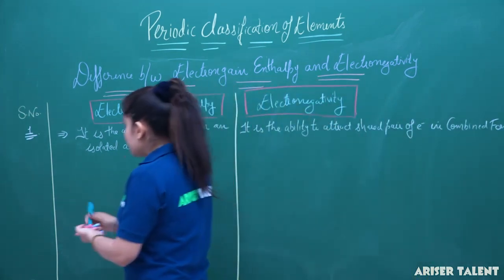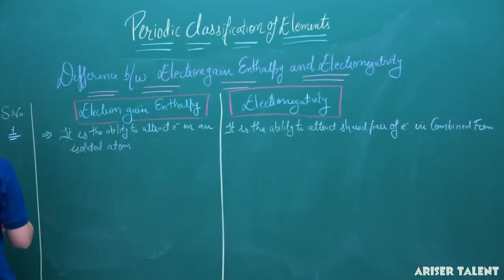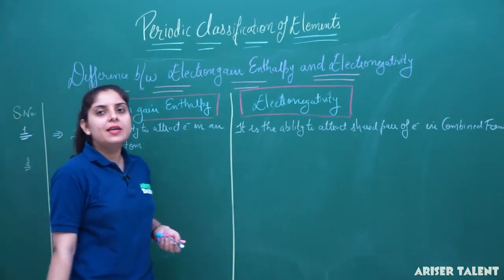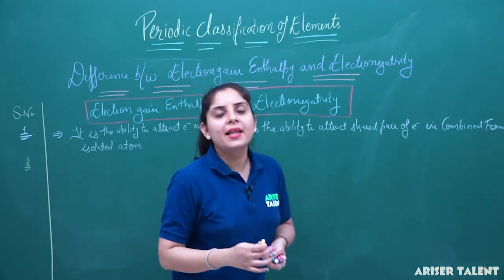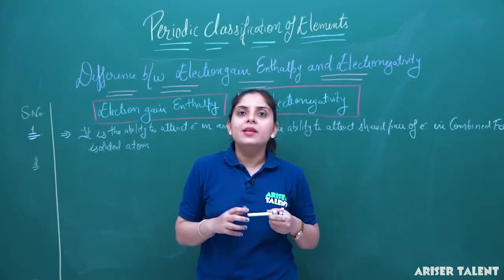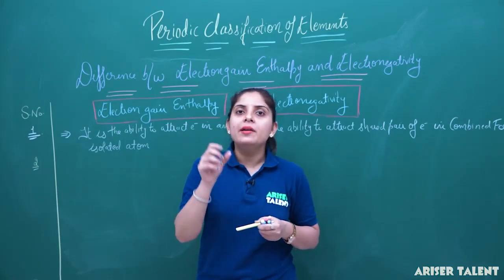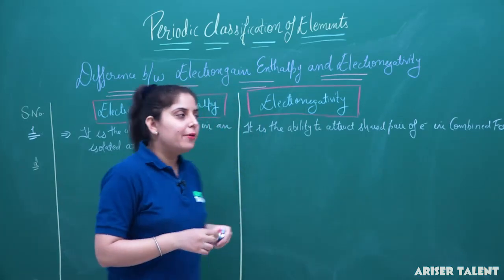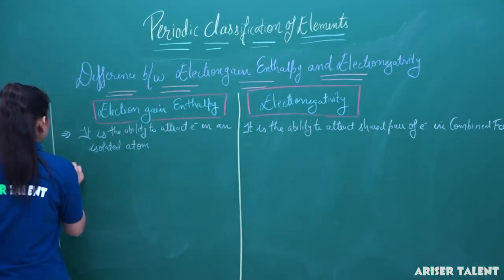Now, let us move to the second difference. The second difference between electron gain enthalpy and electronegativity is that electron gain enthalpy can be determined experimentally and electronegativity is a relative number. So, a relative number will come out when we calculate the electronegativity. So, the second difference is